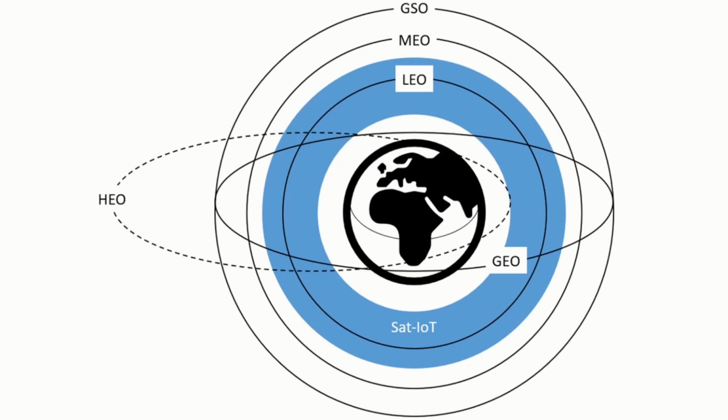Notable examples of LEO satellites include those involved in Earth observation, weather monitoring, and even some internet connectivity products like Starlink. It's worth noting that there are additional orbit types, including medium Earth orbit and highly elliptical orbit, each with their own specific characteristics and applications. Each orbit type is carefully chosen based on the specific mission requirements, such as coverage area, communication latency, or scientific observations.